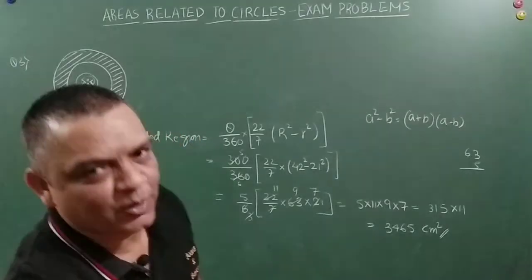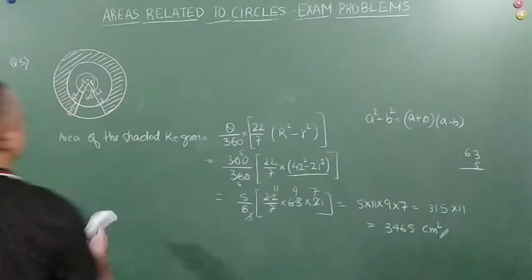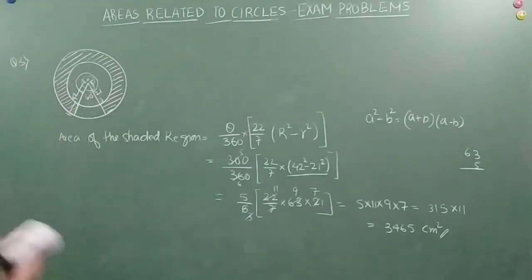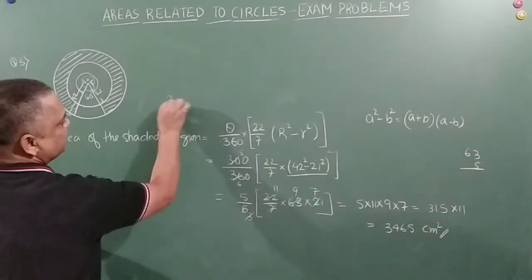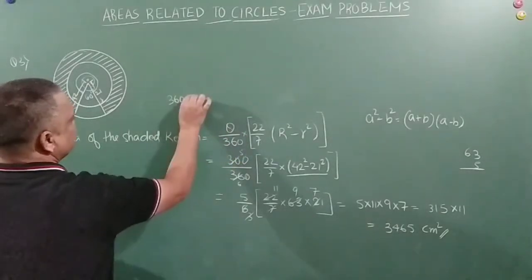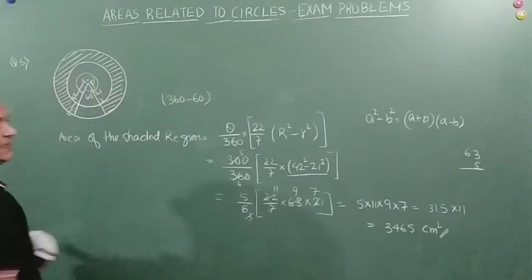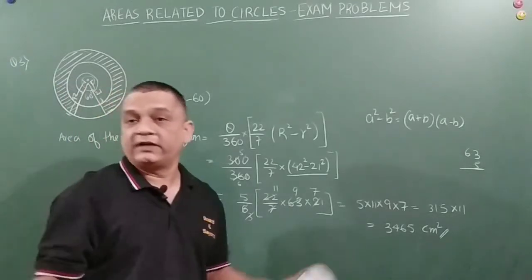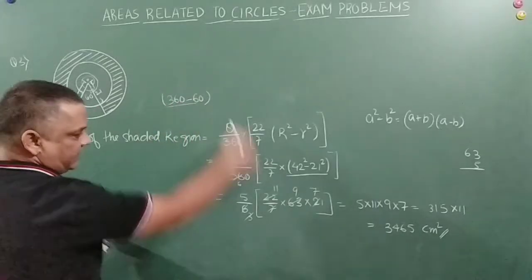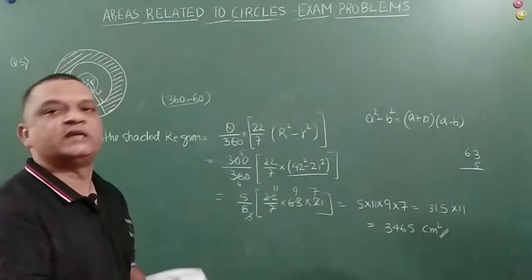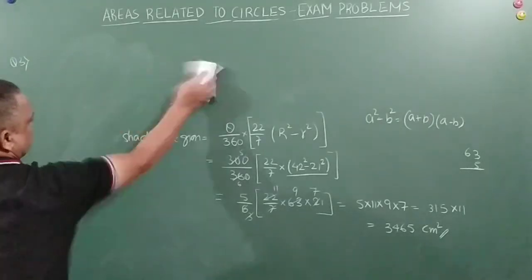Let's move on to the next problem. Please mind this kind of situations for yourself. And I hope you have understood the concept. So if this is 60 degree, this theta will be actually 360 minus 60 degrees. That is this angle. In the examination, this 60 may get converted to 80 degrees, 70 degrees, whatsoever. So basically that will be subtracted and then you find out like this. The things will be easier for you, else it will be difficult, right? Let's move on to the next problem, friends.